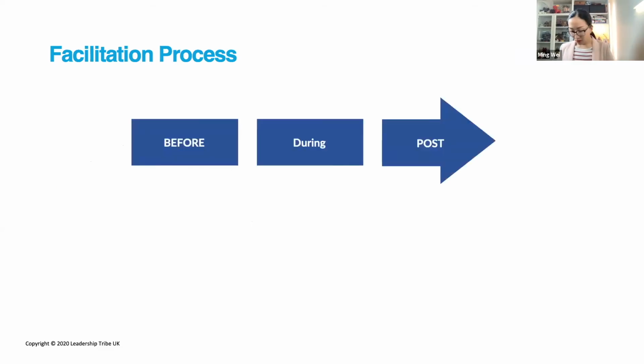Okay, so it's very simple. It is about what we do before the meeting, so we prepare and we plan, and then what we do during the meeting. We get everything prepared and we are here delivering it, facilitating it. And once we facilitate it and the meeting's done, we move into the next stage, which is the post-meeting stage as well. So this is very easy.